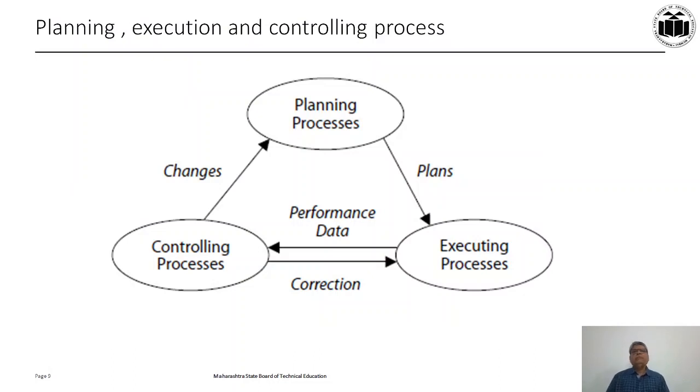Now, only planning is not enough. When you make plans and put them on paper, execution is very, very important. Unless you execute the plans, they will remain on paper. We will see this in our next part. But only planning and execution are also not enough. You have to create a controlling process at every stage. The process is to be controlled. Unless you control the process, you will not get the required results.